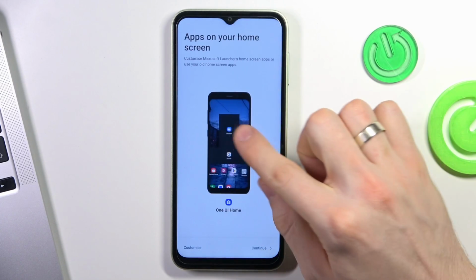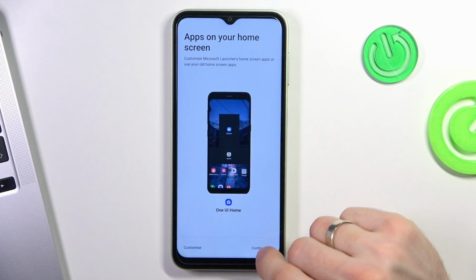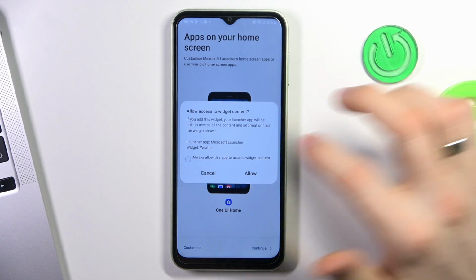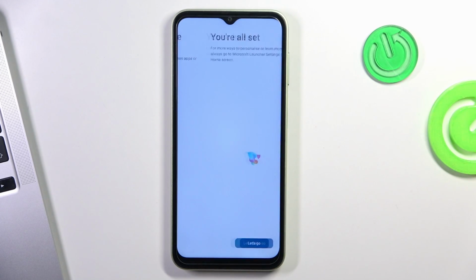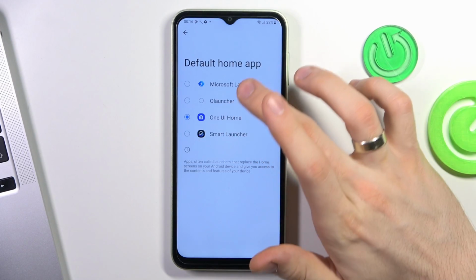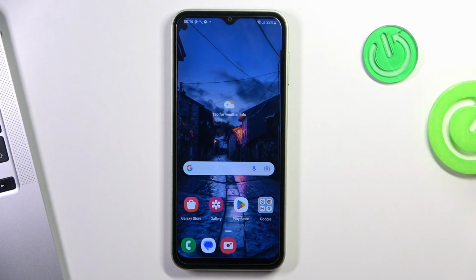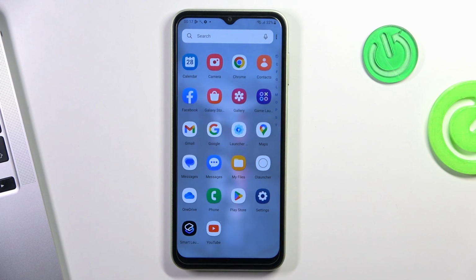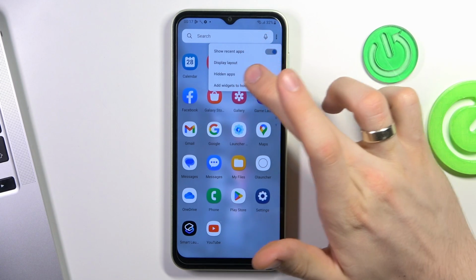Okay, in this step, don't click customize, just click continue. Wait a while, always allow. Let's go. Set as default. Choose here Microsoft Launcher, and great. As you can see here, we have the normal Samsung interface, but here we have the Microsoft Launcher menu with a hidden apps